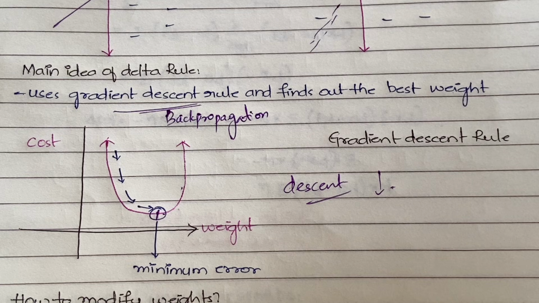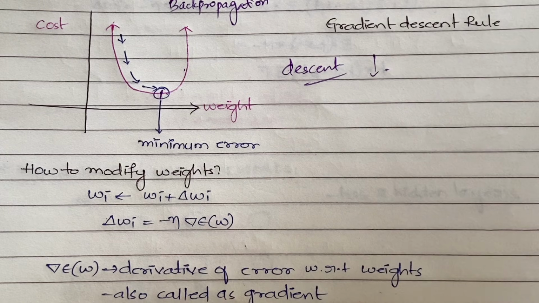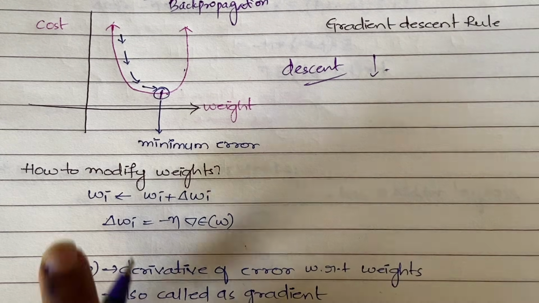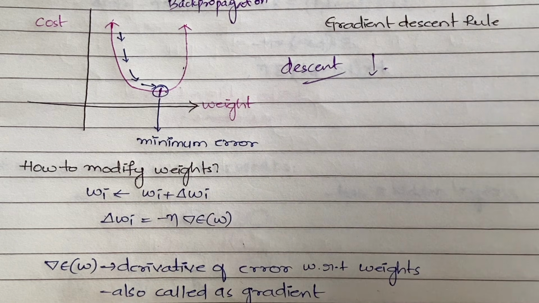So here you understood, right? We have to keep on modifying the weights until we get the minimum error. Now, how to modify the weights? By what fraction do you have to modify them? The same formula which you used for the perceptron training rule, that only you are going to use: Wi is equal to Wi plus delta Wi. But here delta Wi is somewhat different. There, delta Wi had a very simple formula, something like negative n (t minus o).